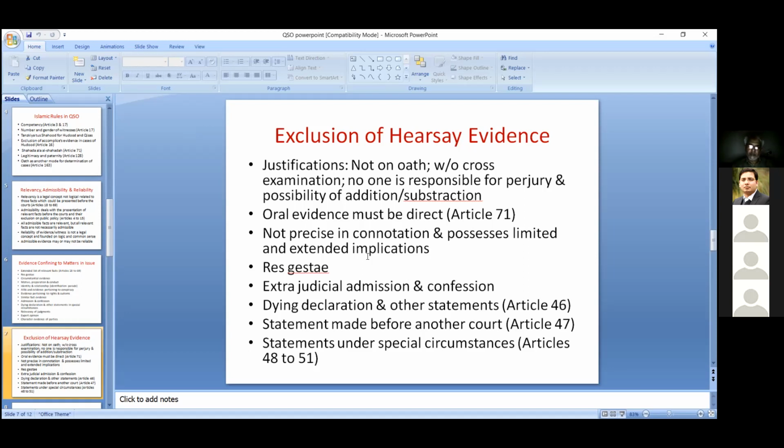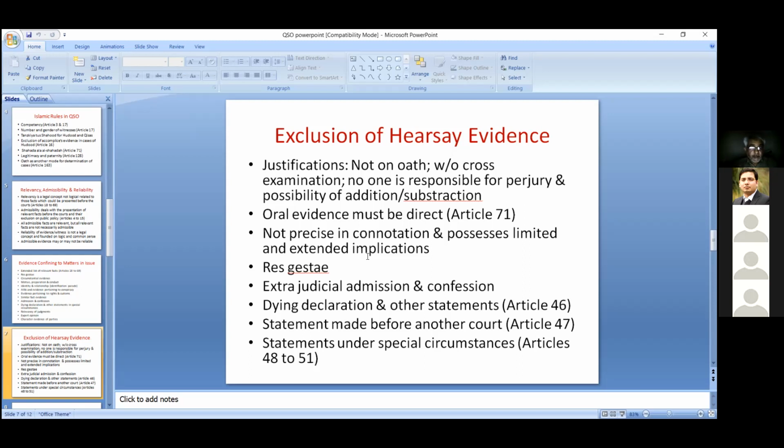So these are the possibilities on the basis of which court generally insists that the person who has witnessed any incident or any transaction must come before the court to produce evidence. That's why we see there are provisions in the law of evidence which insist on production of direct evidence. Oral evidence must be direct in Article 71, and then